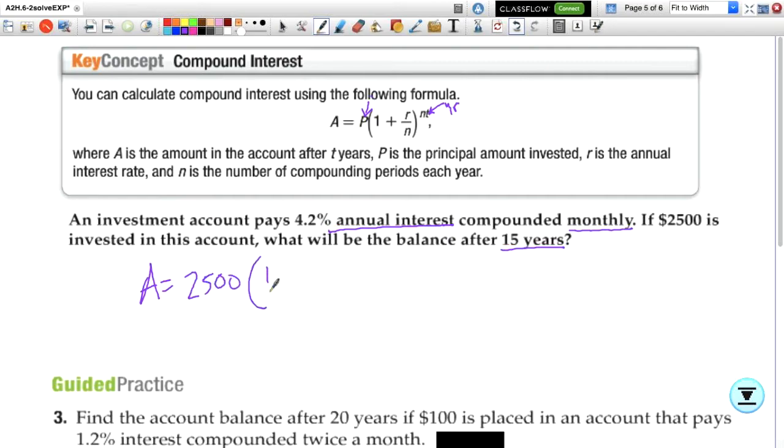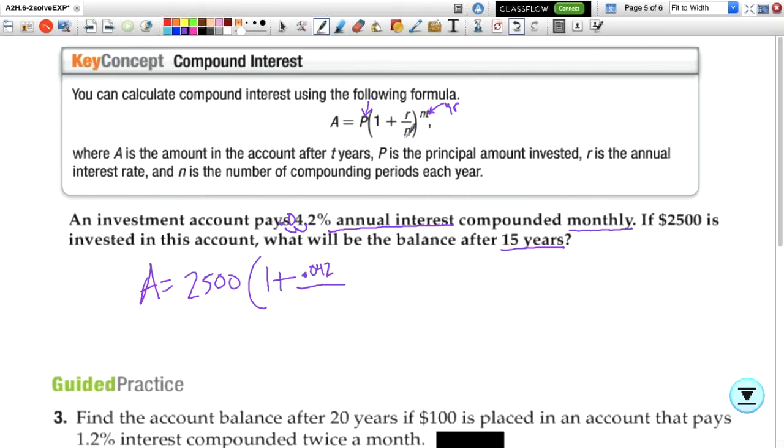We're going to times it by 1 plus, because it's going to increase, right? They're saying it pays this much, so it's going to be going up by that much. So 4.2 is our rate. Now, we can't just put 4.2 up here. We need to notice that it's a percentage, and in order to compute with percentages, we need to change them to decimals. So we'll move it forward 2 spots, which is what we always do when we're dealing with percentages. And we're actually going to use a numerator of 0.042